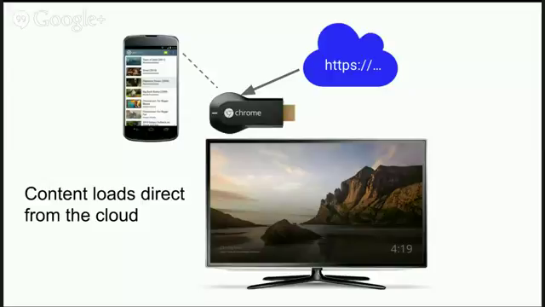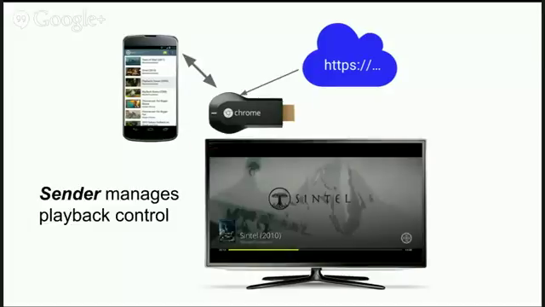And when you do that, the Cast device pulls the content directly from the cloud, so the sender does no work except setting up the connection. And while the Cast device is displaying a media stream, for example, you can send messages from the sender and from the receiver app to control things like play, pause, time scrubbing,